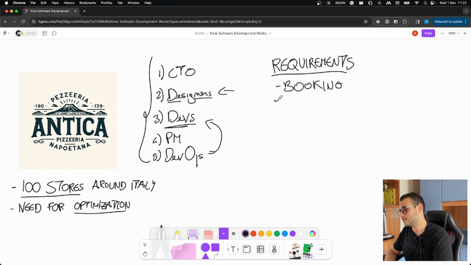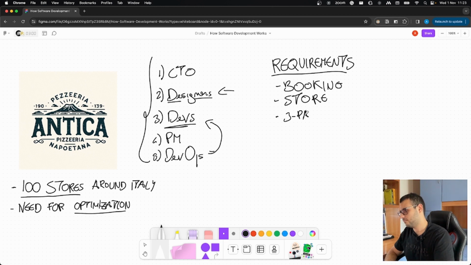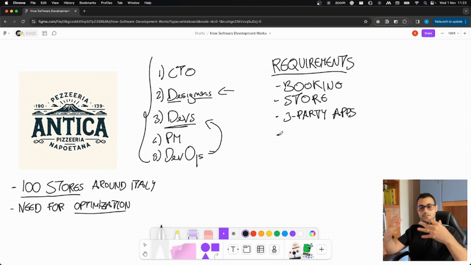We want to create our front store. So let's say store. And we want to create connections for Deliveroo and Just Eat and so on. So, connections with third-party apps. Okay. Then we want to create an internal system, a back office that helps me as a business owner